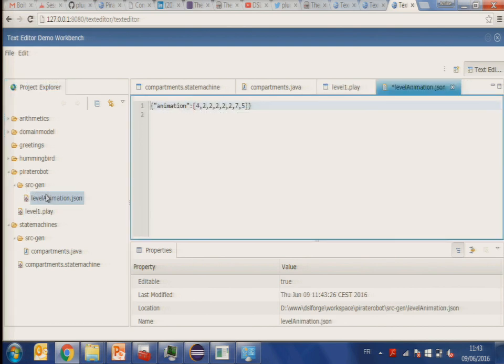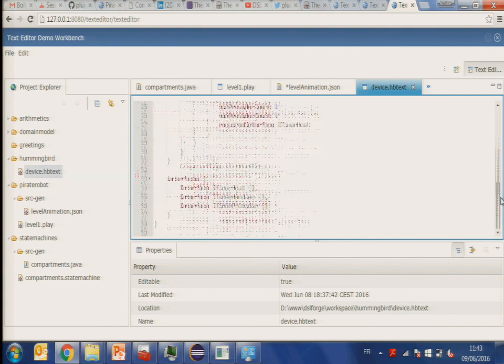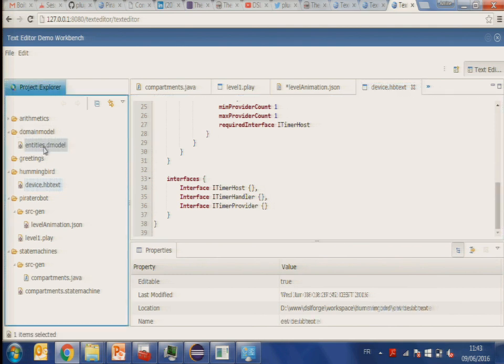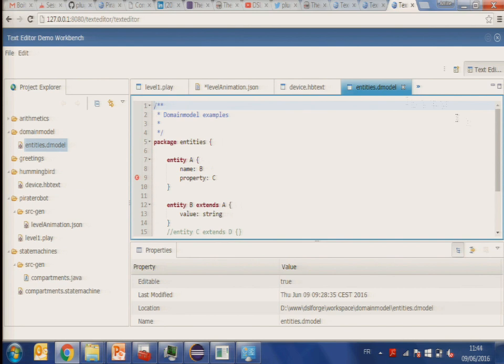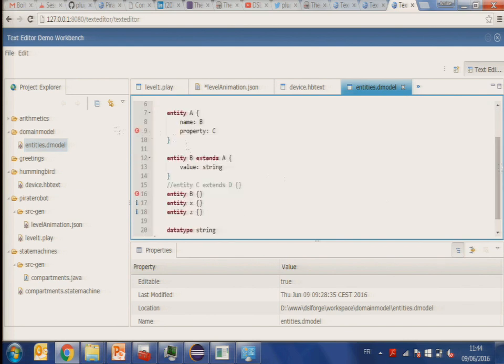This is the translation of the model written in the editor. I can go through other features also. Here, this is the XText linking that is invoked from the client. Let me show you some other examples of the features you have here.